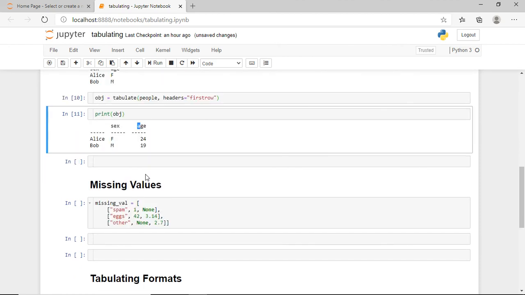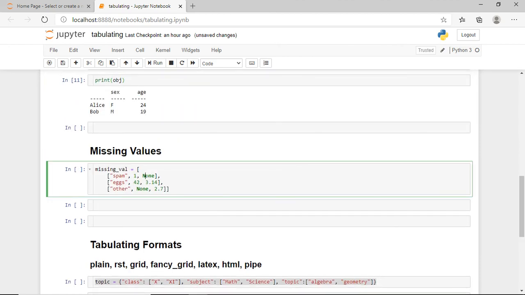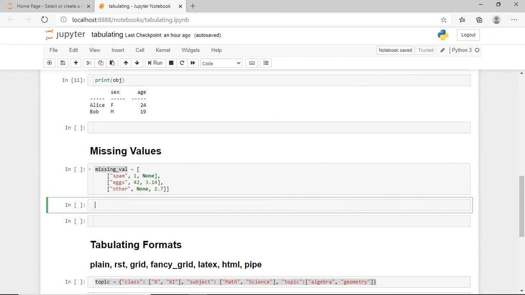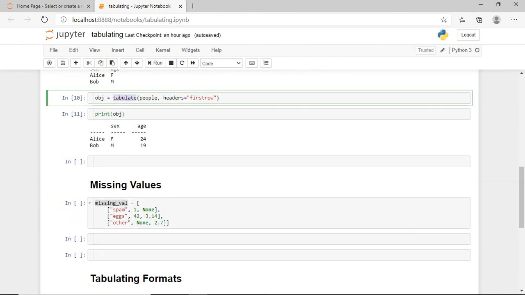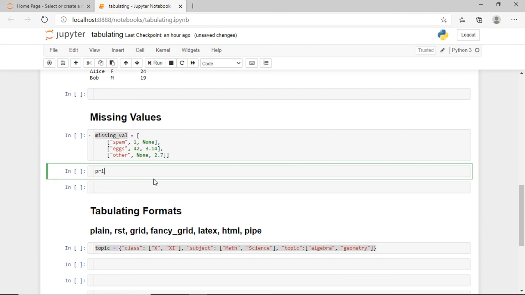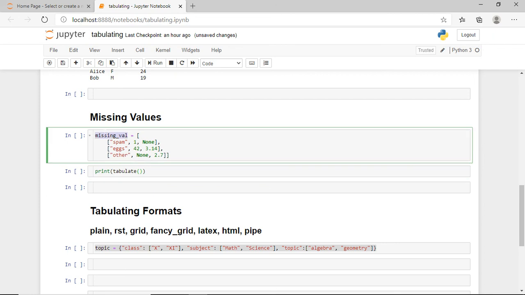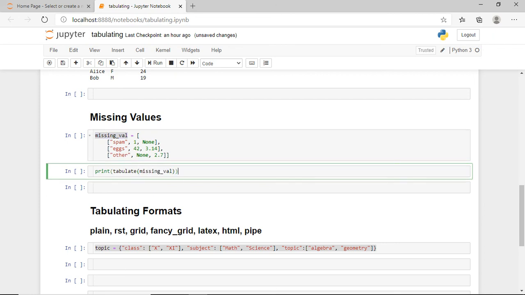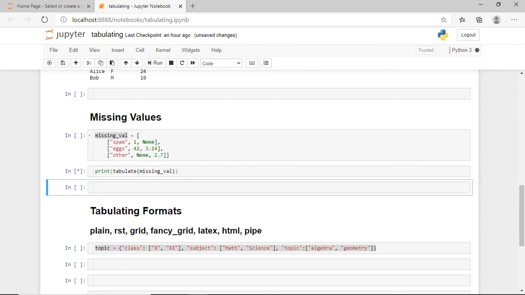Now consider another example where we have None values. The None values by default are displayed as blank. Consider we are using the print statement again, and here we directly call tabulate and specify the missing value.